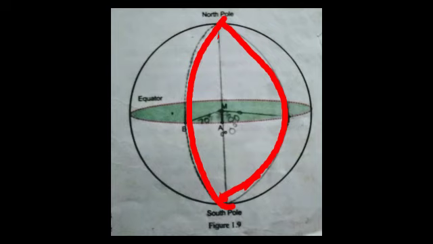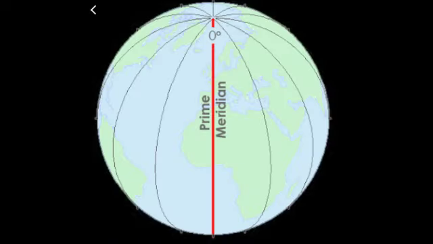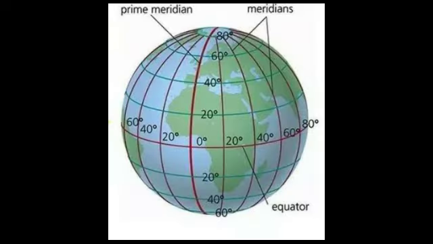Starting with point A, we can draw similar semicircles through points placed at each degree, and these semicircles are known as meridians of longitude. One of these meridians is considered to be 0 degree. It is known as the prime meridian. The angular distances of the other meridians from the prime meridian are measured in degrees and are called longitudes. You have done this in the activity based on figure 1.9.